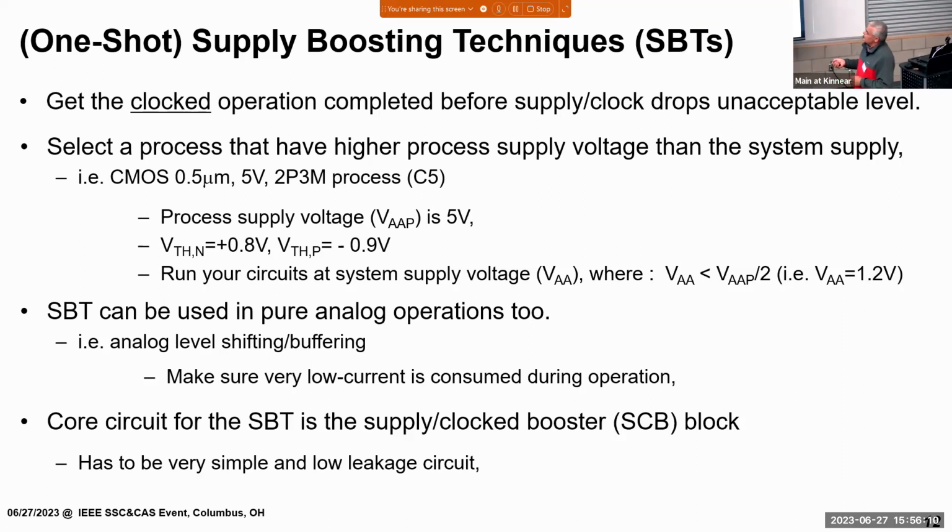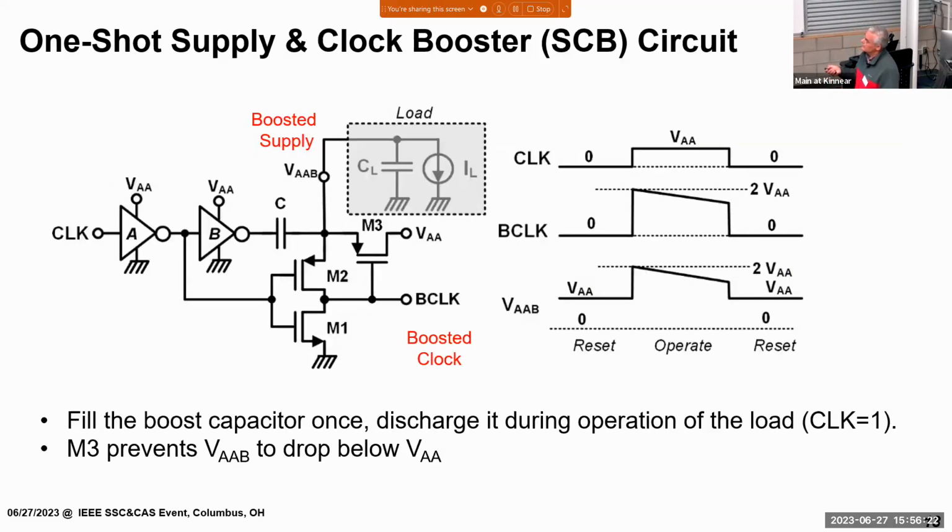And obviously, this supply and clock booster circuit has to be very simple, low power, and low leakage. Okay, and we know and use that especially in clocked systems. This circuit is well known and used to boost the clock in mixed signal circuits, so that you can turn a switch on and off effectively. And here, it's a very simple circuit that has a boosted supply voltage and a boosted clock level, where for clock being 0, you end up charging this capacitor to a VA level. And then when your clock is high,